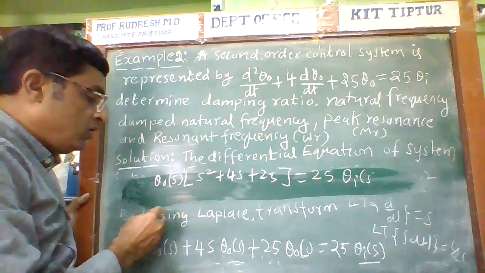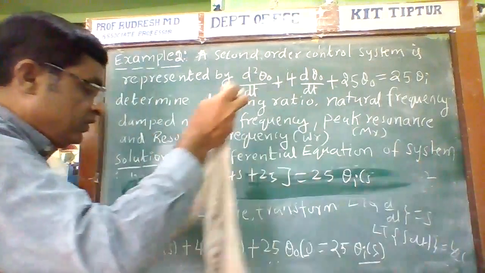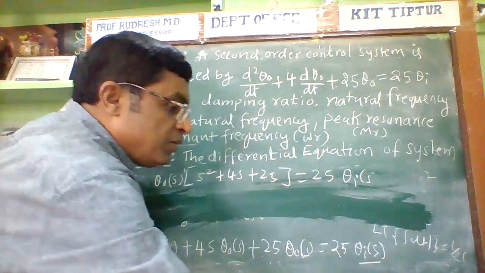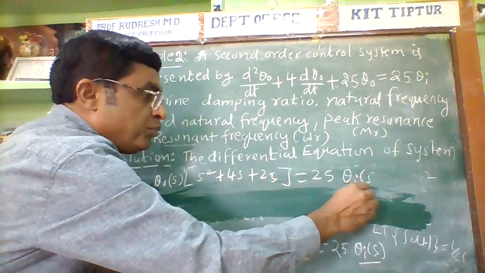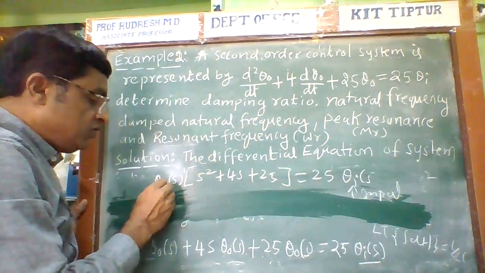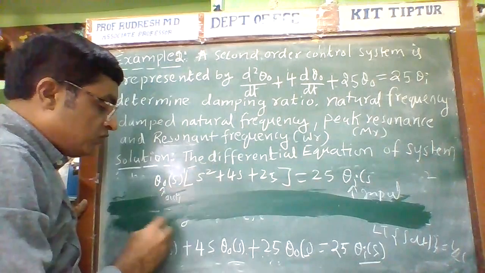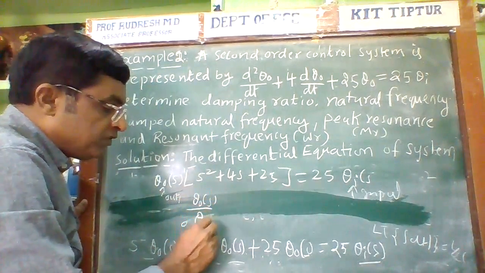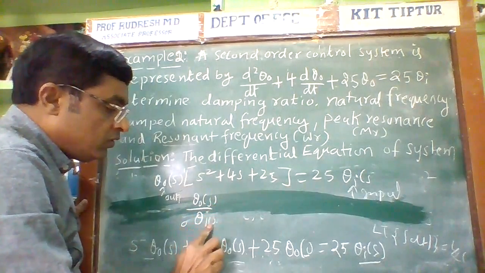Now the closed loop transfer function is the ratio of output to input. Theta i(s) is the input, and theta o(s) is the output. Therefore, the output of the system due to the input of the system is equal to